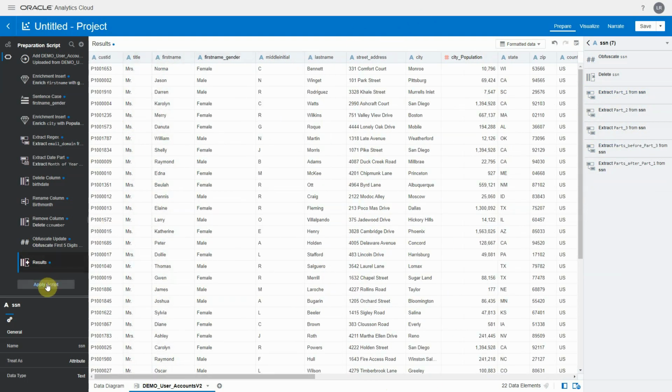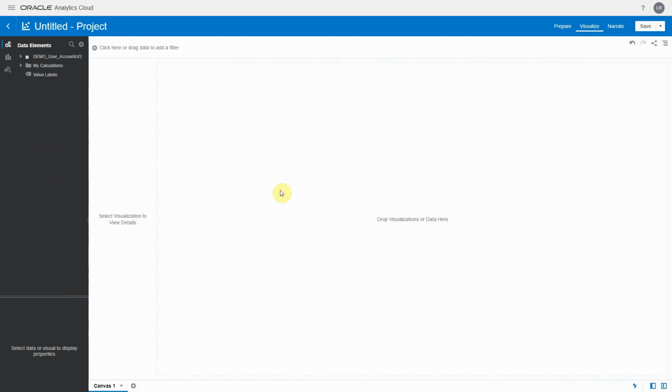So what we're going to do is apply the script, and once it's applied to the entire data set, notice that every action that we either accepted or did a manual action based on the menu has been recorded in the preparation script. When we clicked apply, that's applied to the full data set, and then it's immediately available for us to then